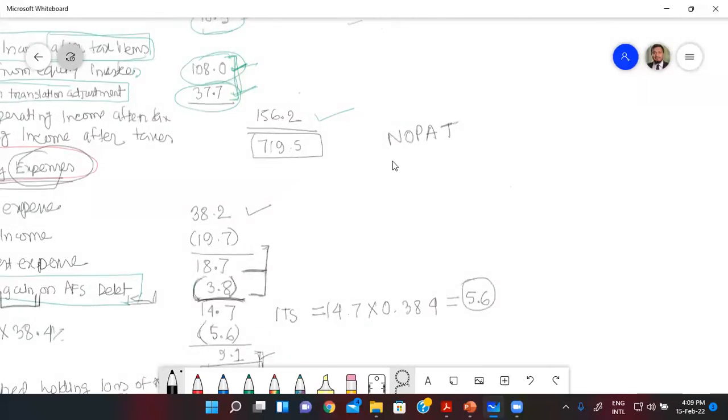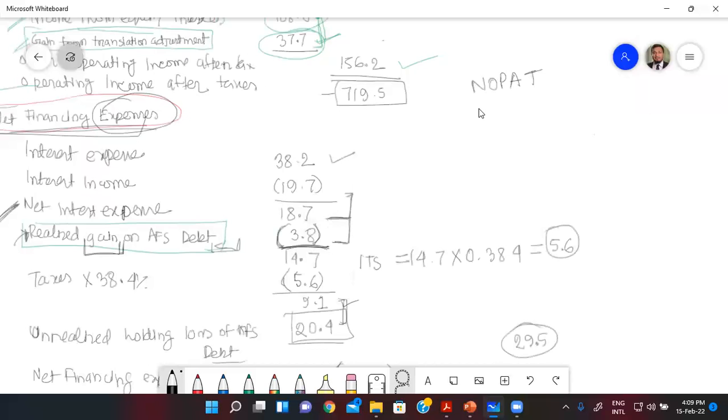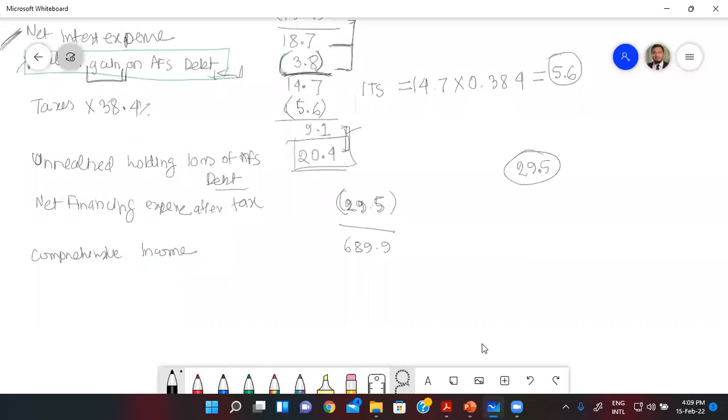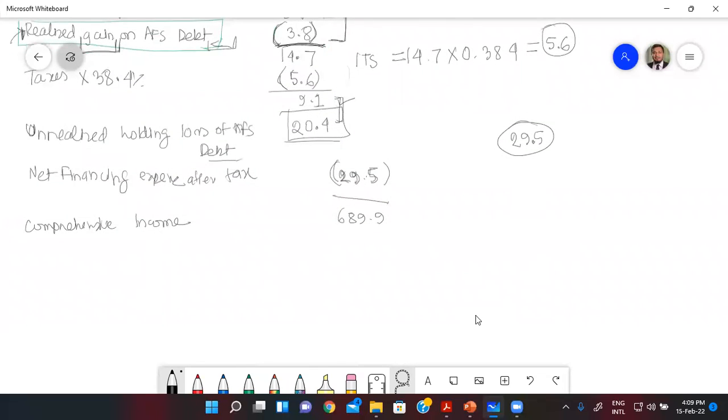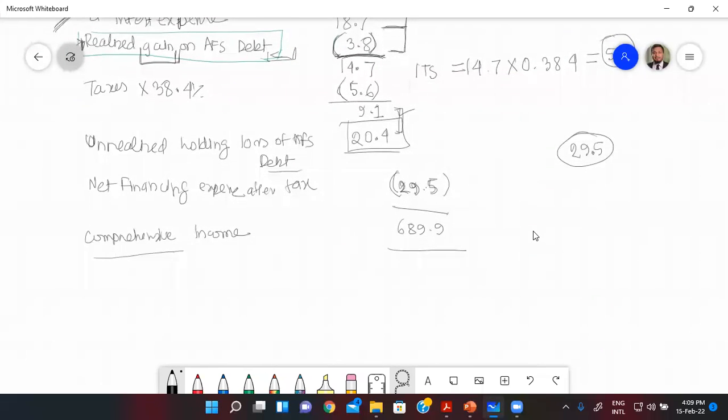If you sum up this positive number, 709.5, which is net operating profit after tax, with the net financing expense after tax of 29.5, you will see 689.9. And you see this is reflecting the comprehensive income. So this 689.9 is greater than the amount reported in the consolidated statement of earnings, which is the net profit,